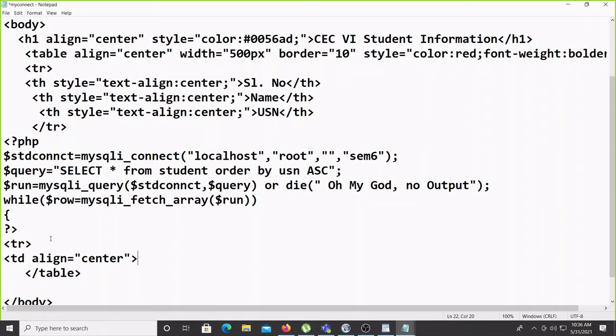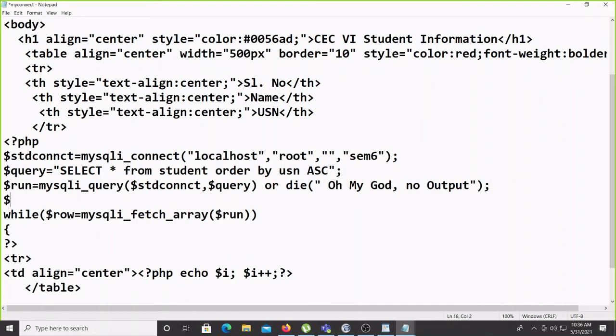For the serial number I will use, see here I am using the PHP only, so I use one counter here, echo $i, and this counter I will increase for the next value, the increment we can put here, plus plus, and this counter we can initialize before the loop.